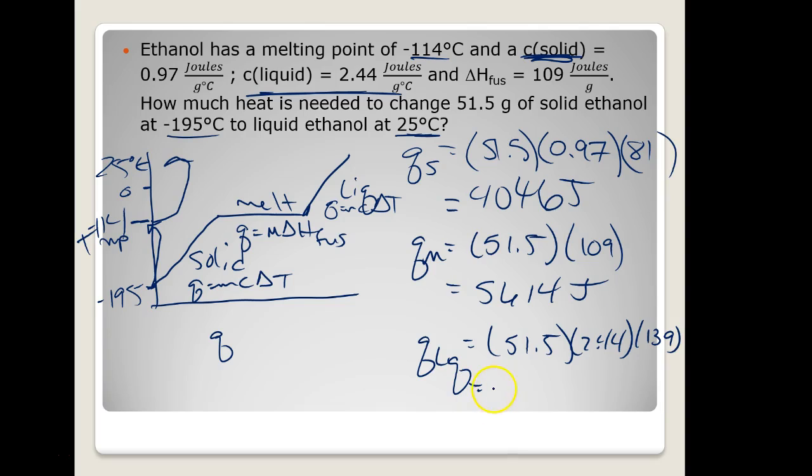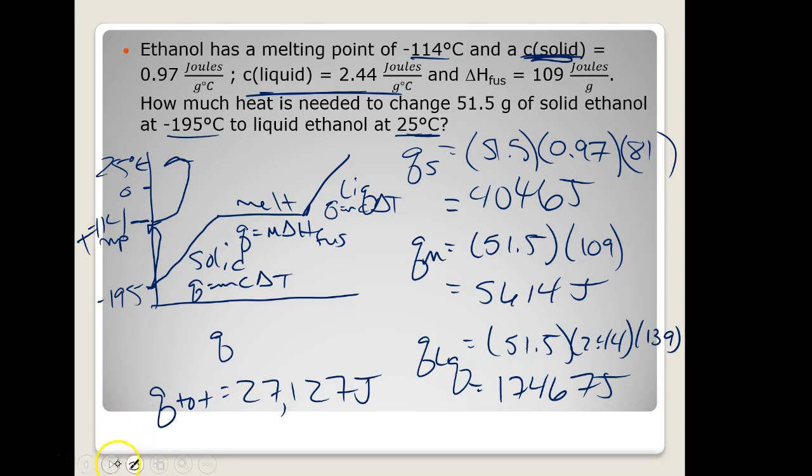And 17,467 joules to raise the temperature of the liquid. So the Q total is those added together. And it looks like that's about 27,127 joules. Okay, so drawing the picture helps because then you can kind of identify what's going on when you're